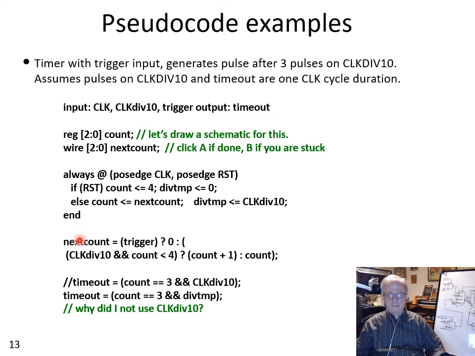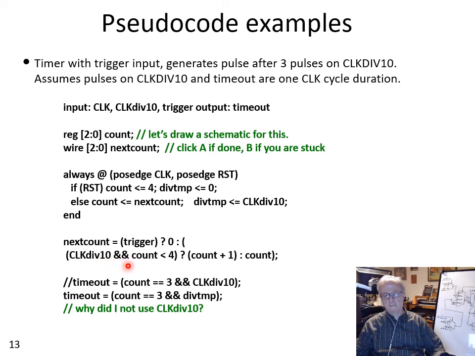But in any case, what we're saying is the next count value, when the trigger is asserted, the next count value is 0. But if the trigger is not asserted, the next count value is going to depend on clock